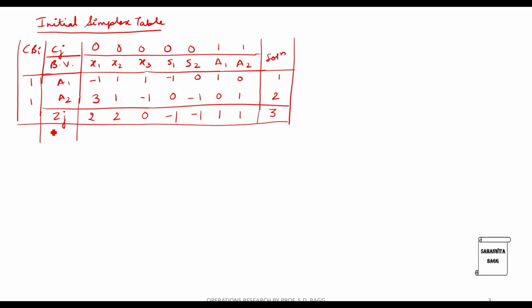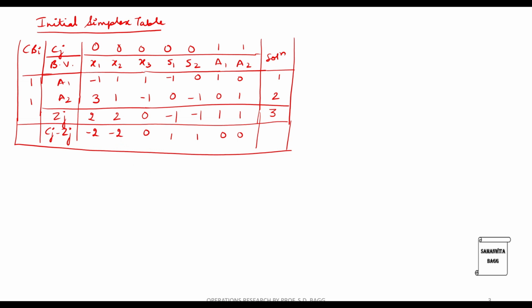Now after this, I will calculate Cj minus Zj. This is minus 2, minus 2, 0. This is 1, 1, 0, 0. Now the problem is of minimization type. So all the values should be greater than equal to 0. Now since they are not greater than equal to 0, we will have to catch hold of the negative values, which has led to the solution not being optimal at this stage. So there are two of them, minus 2 and minus 2.